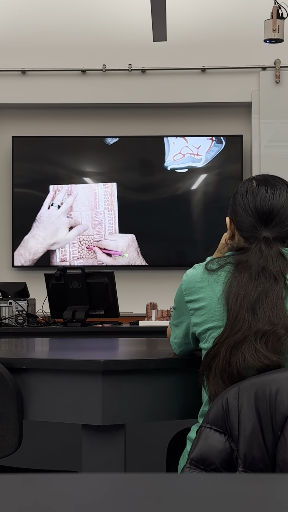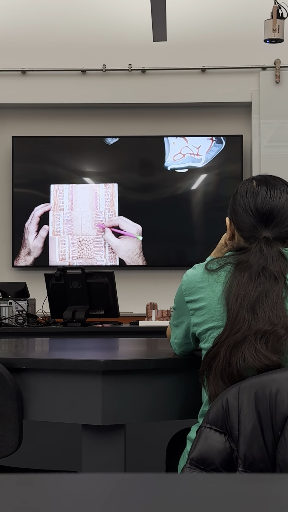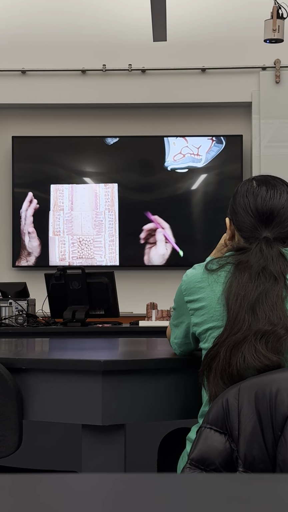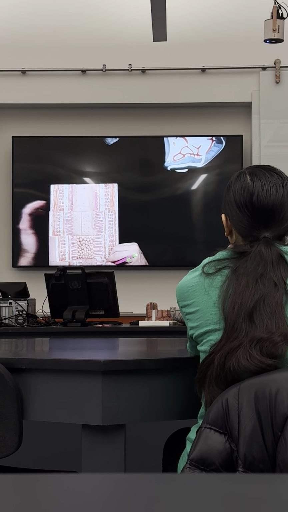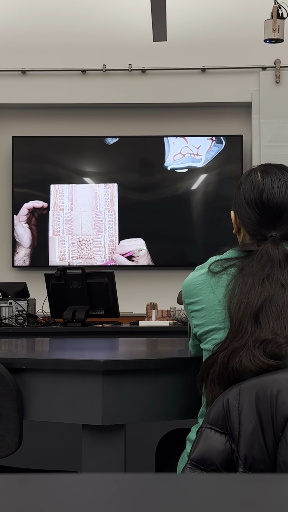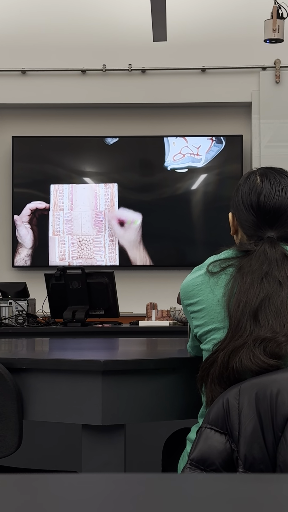So what do you think this is? In between esophagus and small intestines? This is stomach. With your gastric pits and things, and your neck mucosa cells, surface mucosa cells, those would be there. Here you have your villi, and then by the time you get to large intestines, you don't really have, I mean, you kind of have villi, but not really. So, large intestines, small intestines, stomach, esophagus.